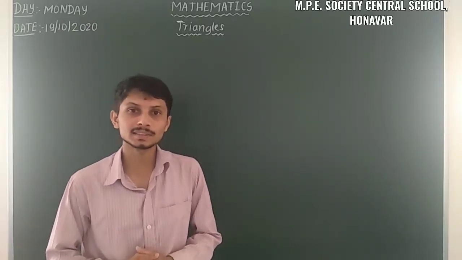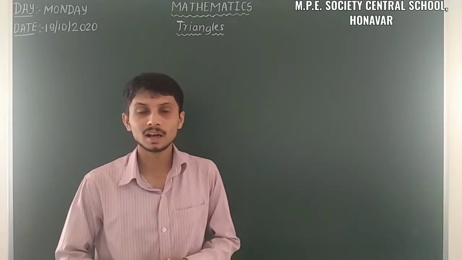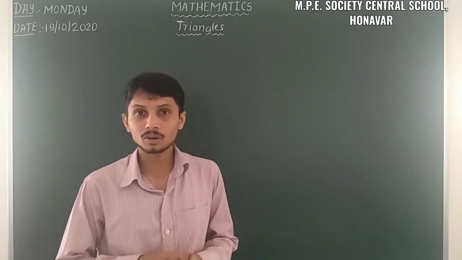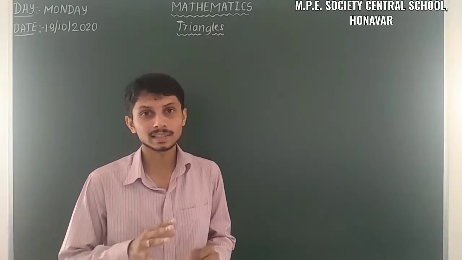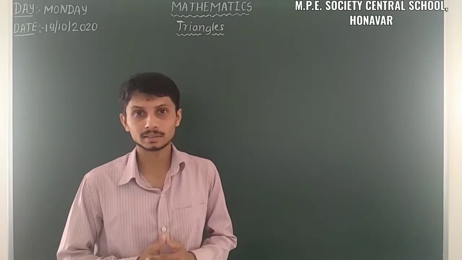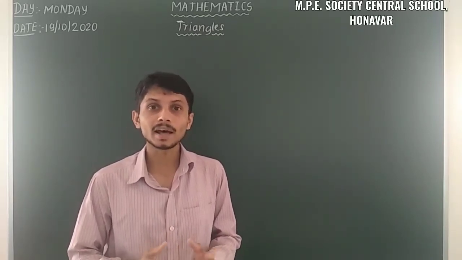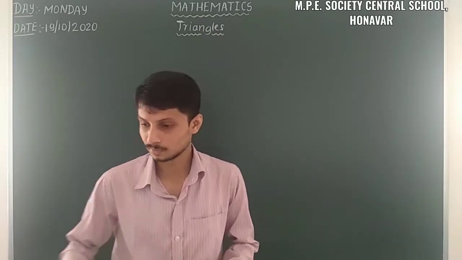Last class we discussed a topic from 9th standard, that is triangles. In triangles we already discussed what is meant by triangles and what is meant by congruency. Also we discussed ASA congruency, SSS congruency, SAS congruency, and theorems on isosceles triangles. So let us move on to the next topic, that is the RHS congruence rule.